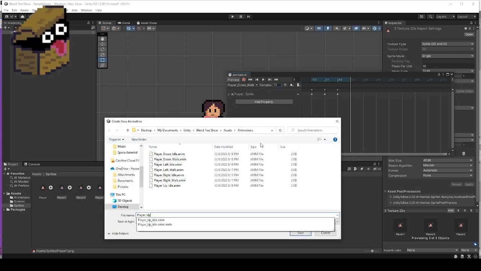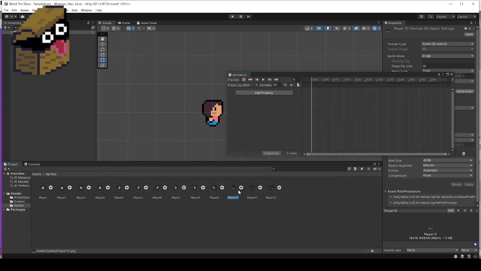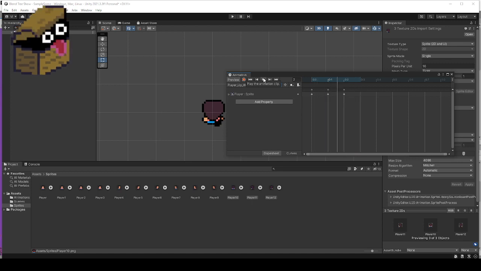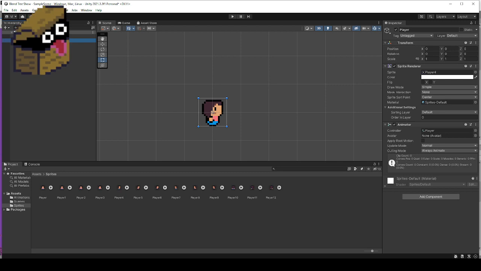Layer, up, walk. Grab these 3, paste it in, boom. Right, make it 8 sample rates, play, and there you go. There's our simple animations. So now if we go back to our player, there's going to be a section where